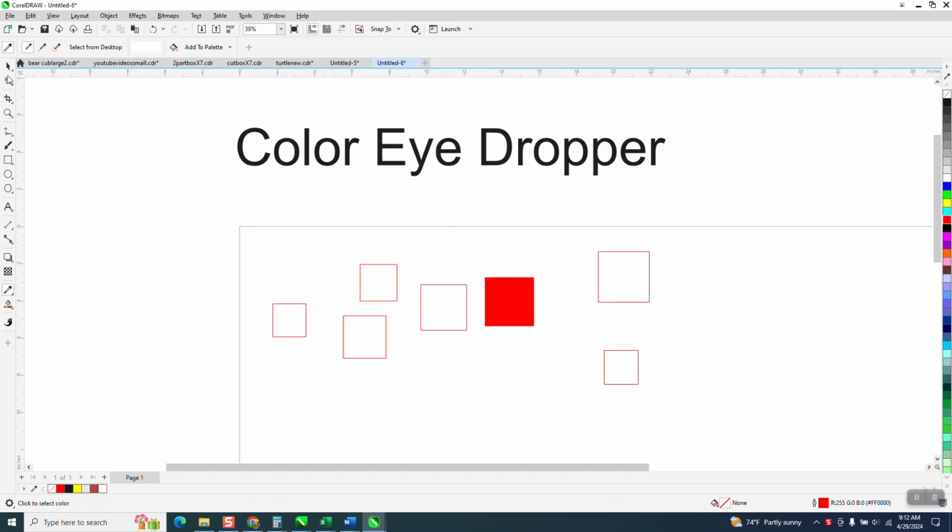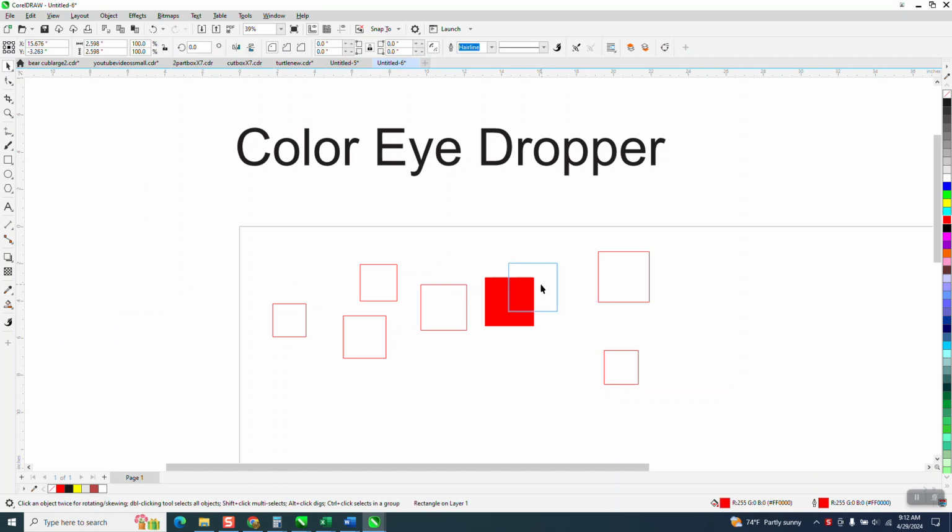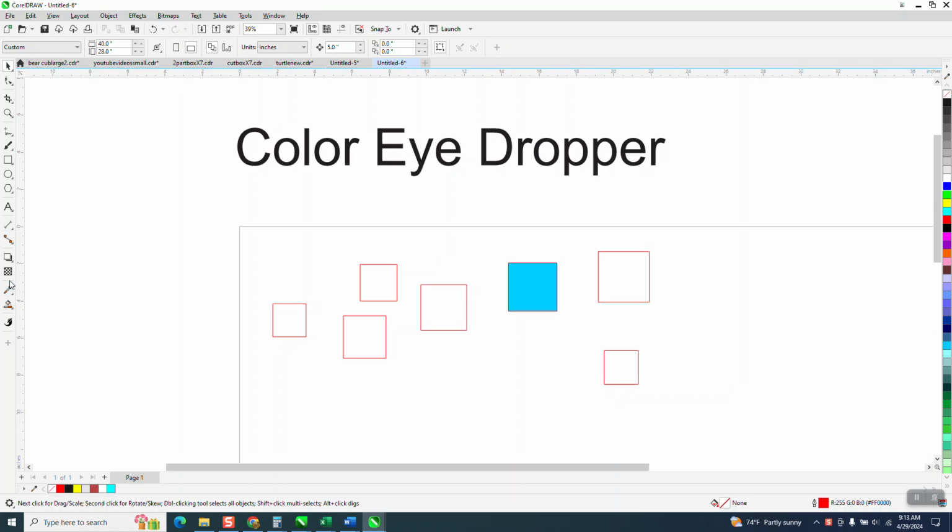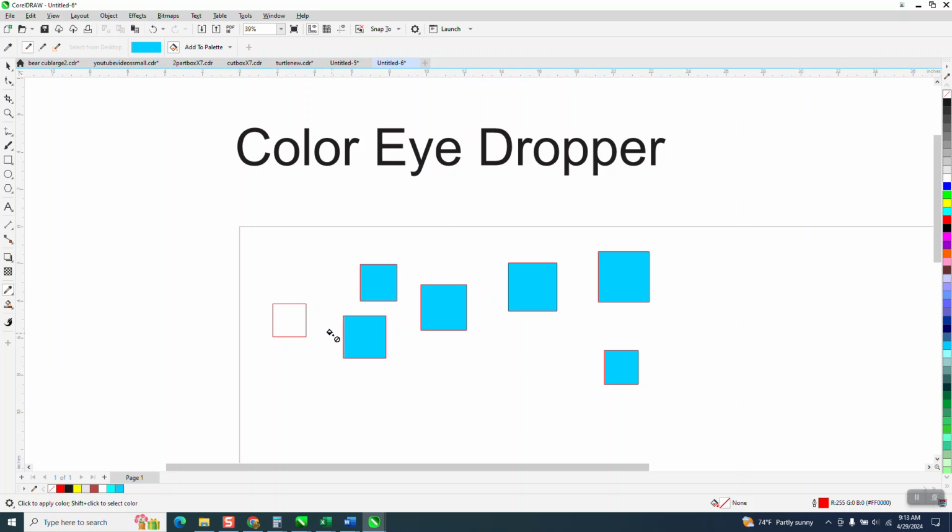And what that does, let me get off that. Let's say you have a red and you make it a different color, let's make it a blue, and then hold down the Control button and add a little dark blue to it. So you made your own color, but you want everything else to be that color. Well, you can go to the color eyedropper tool, take a sample, and it works just like the Smart Fill tool. It will fill them all in. And then when you want to click off that, just hit your pick tool